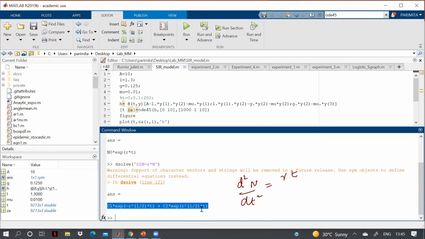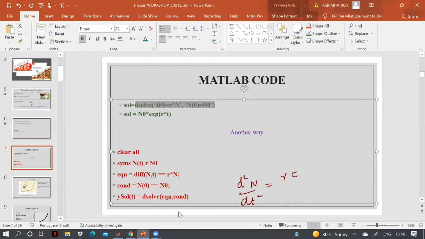So it is very simple to solve the differential equation with the help of MATLAB, where you have an analytic solution. Obviously, there are some differential equations which cannot be solved analytically. For that, we use numerical tools. But you can see this is simple, you just use this dsolve and write your differential equation like this. This is not a difficult thing to do. But don't become lazy in solving. Nowadays we just use a calculator and forget to calculate. So do not use MATLAB for every differential equation and forget how to solve differential equations yourself. If you are stuck somewhere, you can obviously use it.